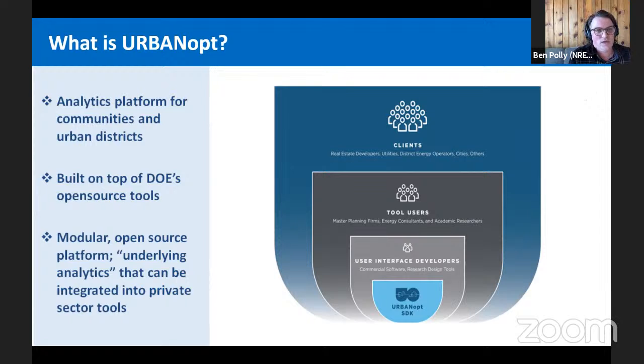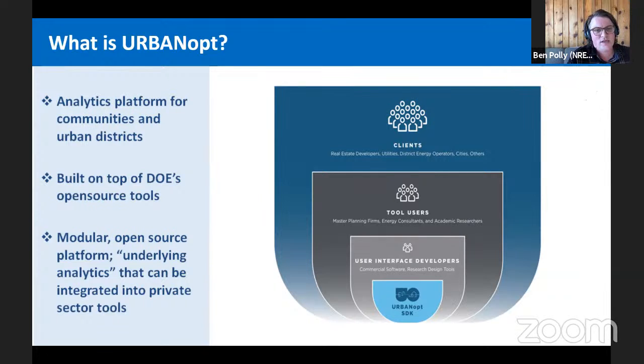We then transitioned to multiple DOE funded projects, and have been working with a variety of partners, including Lawrence Berkeley National Laboratory, several university partners, and some industry partners like Chris and Ladybug Tools to really build out this concept and capabilities.